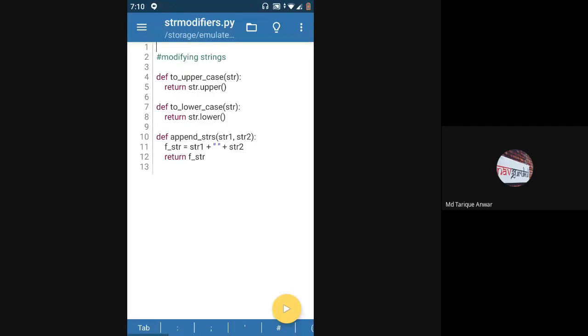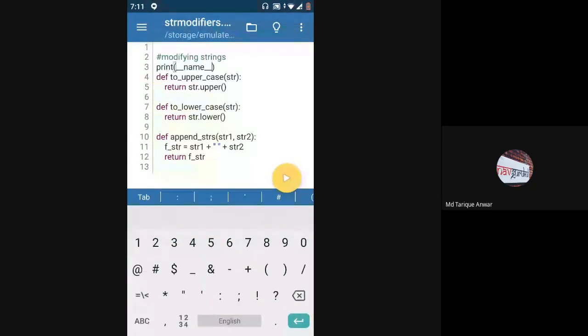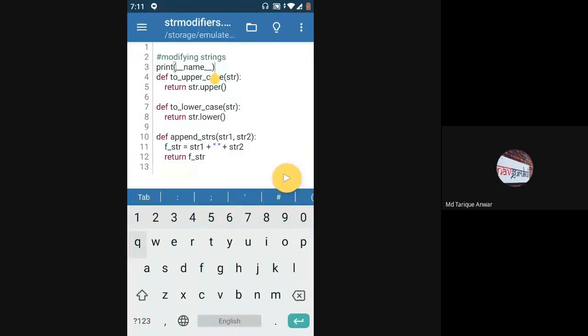So what I'm going to print here is this global variable __name__. This __name__ is basically a global variable, so you don't have to declare it. Whenever you are creating a .py file, this __name__ variable will by default get set.